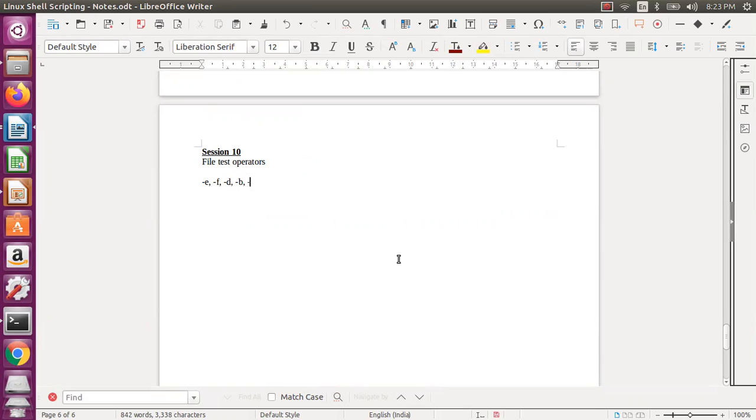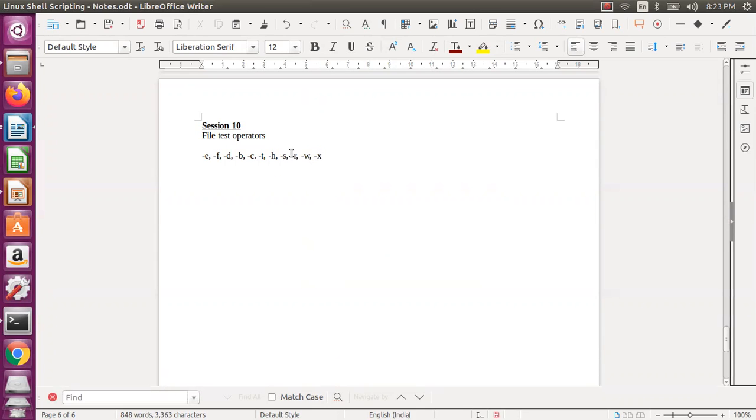Minus b is for block special, minus c is for character special, minus t is for terminal, minus s is for symbolic link, minus s is for the size of the particular file, whether it is empty or not, and whether permitted to read, permitted to write, permitted to execute. So this will apply for either file or directory. We'll see with the file, you can cross check with the directory. More details about this read write permission you can see in the change mode, which is a 1 hour topic. It is given in great detail, so you can go through the Linux basics.